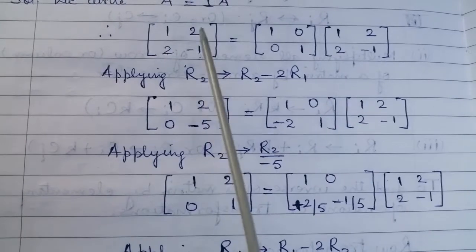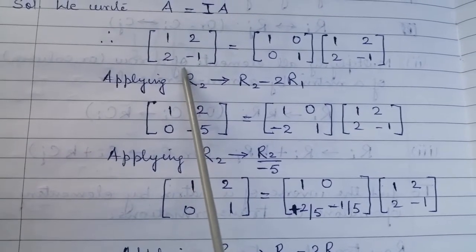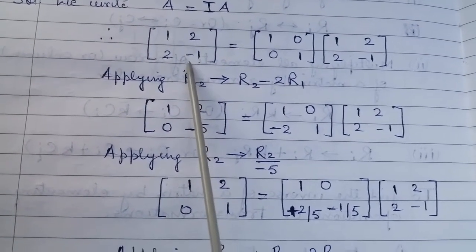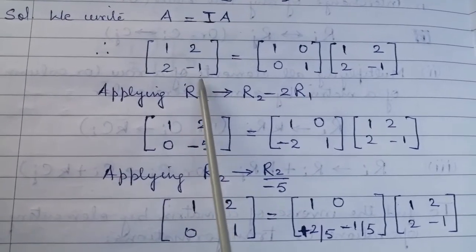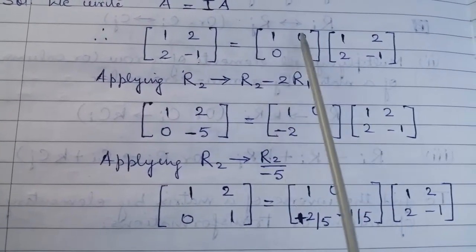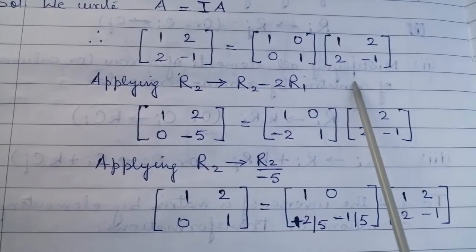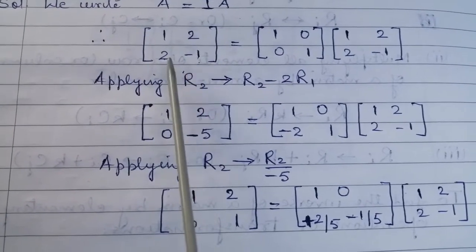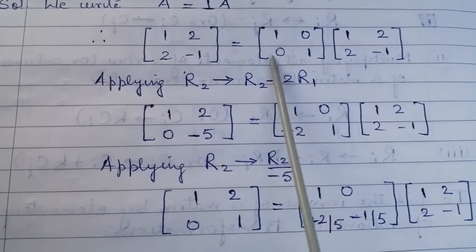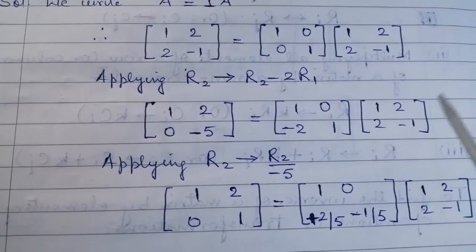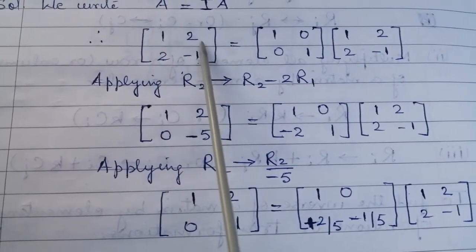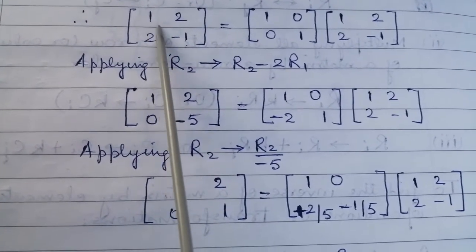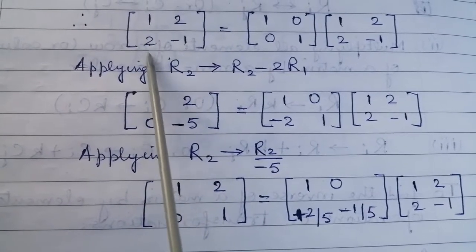Now, I'll make this matrix an identity matrix, by applying various operations, and the same operations will be applied on the identity matrix also. This will remain as it is. I repeat, I have to make this matrix an identity matrix, and whatever operations we are applying, the same will be applied on this matrix. This will remain unchanged. So since we need to make this matrix an identity matrix, we should have [1 0; 0 1] here, right? So 1 you're already having, so I need to make this element 0.